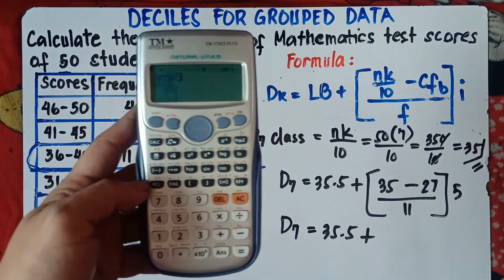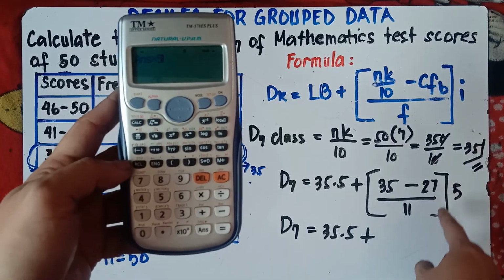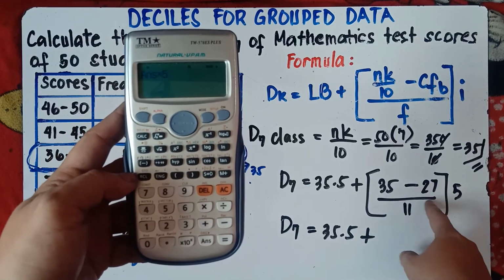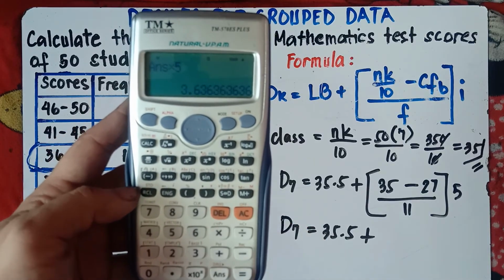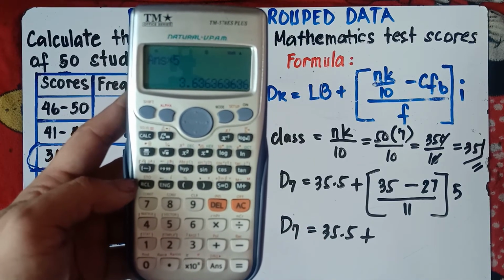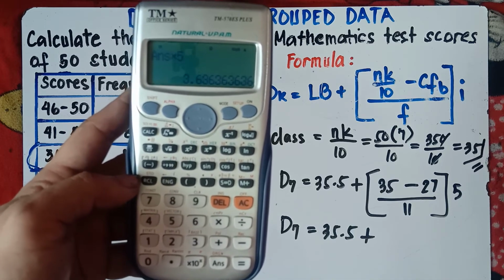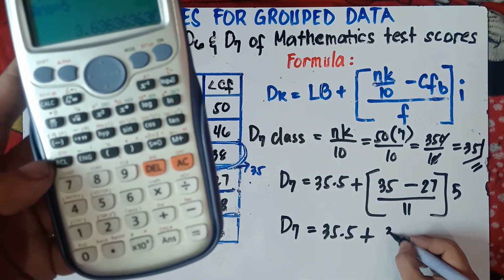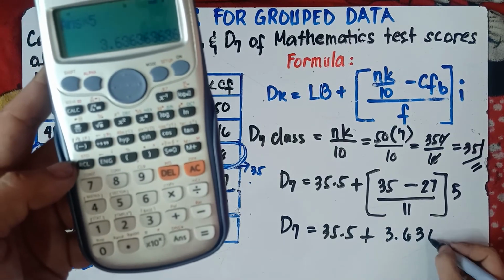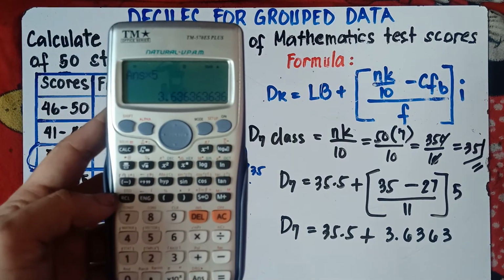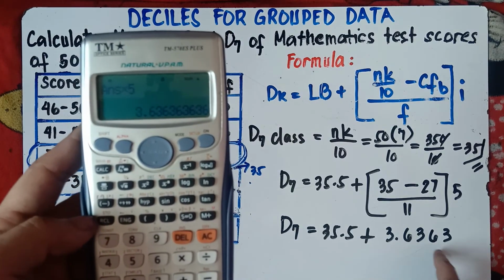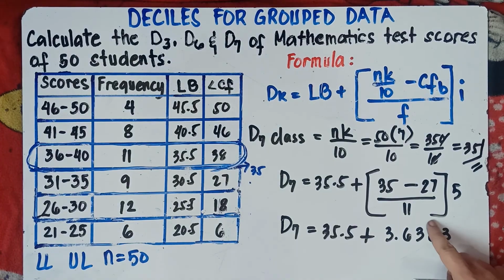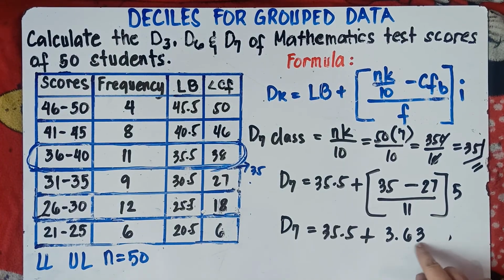Once again, class, simply answer this in the calculator: subtract, divide, multiply. And you will have 40 over 11. Press decimal, so you will have 3.6363. I hope you see this, class. 3.636363. Therefore, we can round it off because after 3, that is 6. So this will be 3.64.